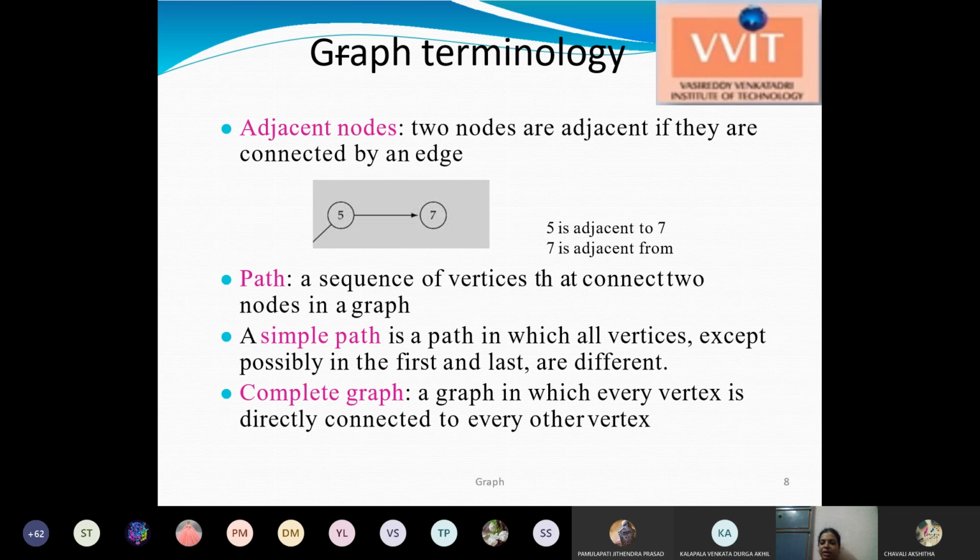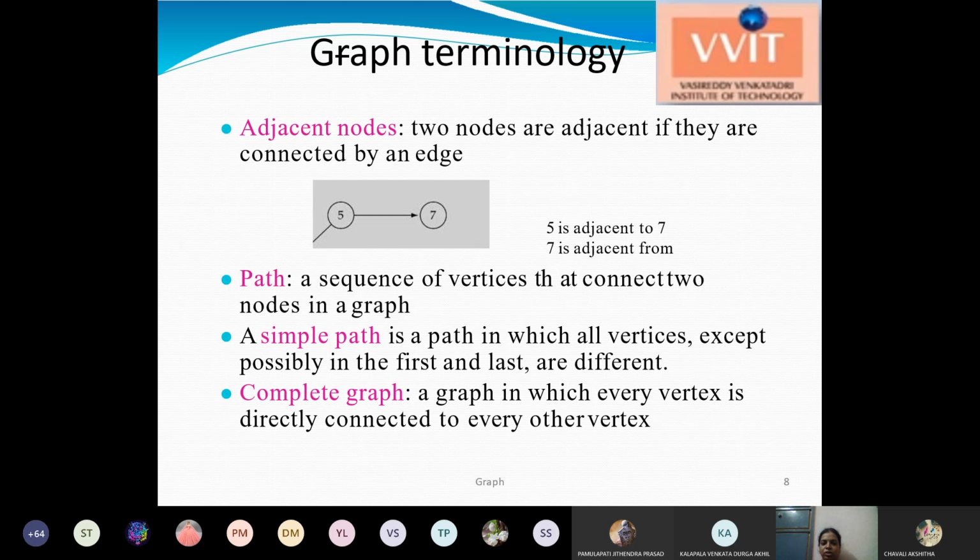Path is nothing but the number of vertices you are traversing to reach from one place to another place. Say, for example, you have different paths to reach from one place to another. Say you want to start from Guntur and reach Vijayawada. You may have different ways.